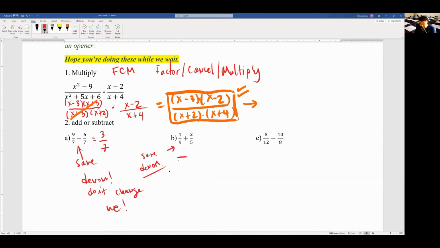Naturally, you might have all said 45. And this is how I do it. I write both fractions again, but this time knowing what the new denominator is going to be. Now, let's understand first, how do you know it's 45? There are a couple of reasons here. One reason being